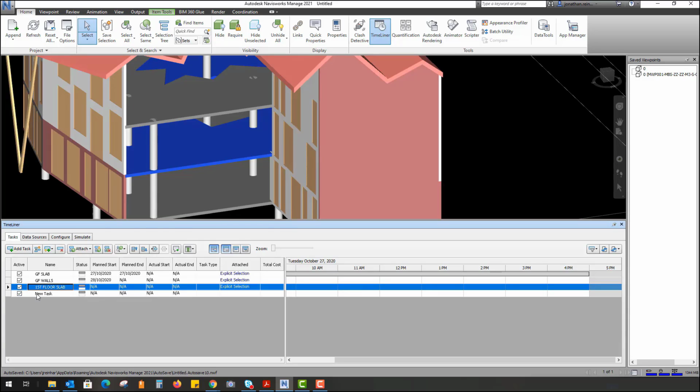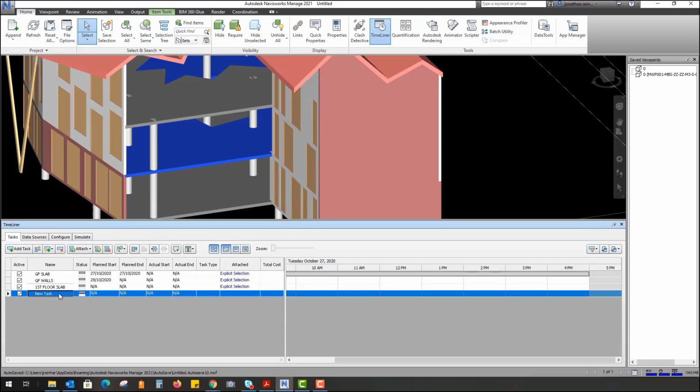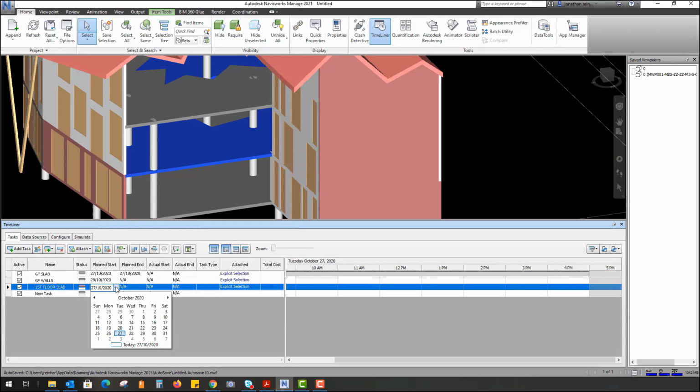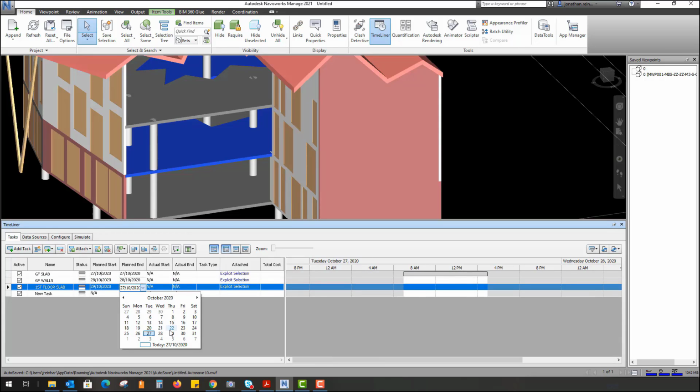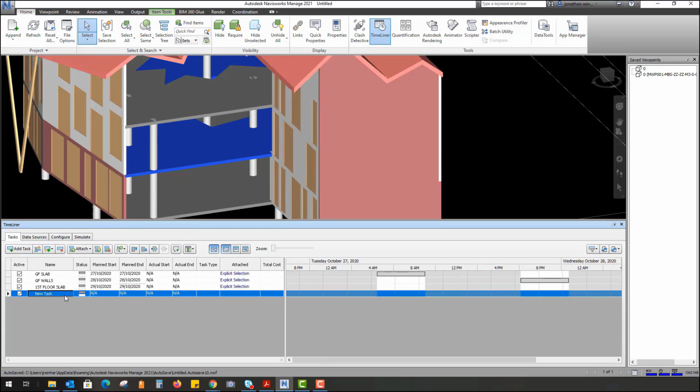And now we're going to do the same for first floor walls. So another task we have, I'm just going to assign my date. And we're just going to make it chronological in terms of day after the other, just for the purpose of this simulation. But obviously you can understand that there's crossover tasks and tasks that take a lot longer than a day as well. So what we're going to do is just going to call it first walls,